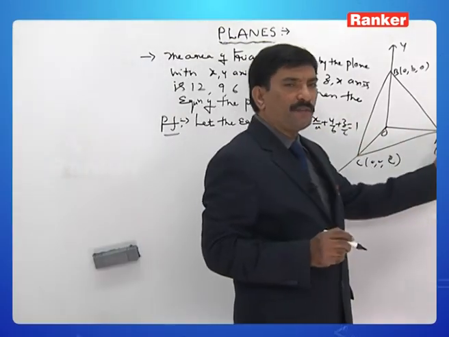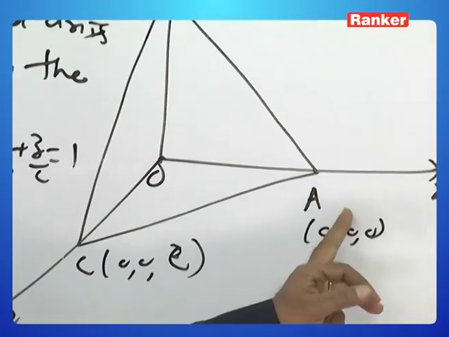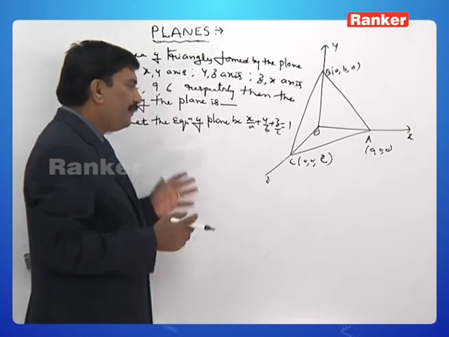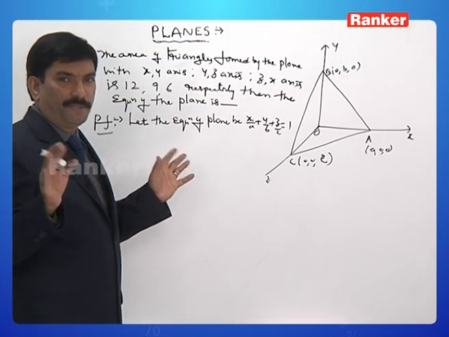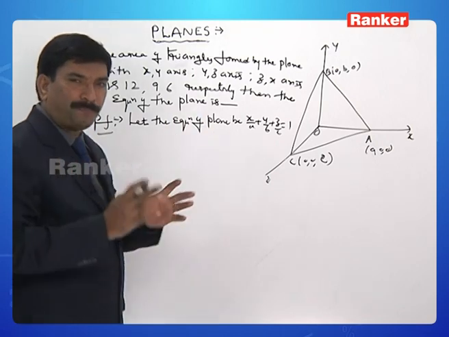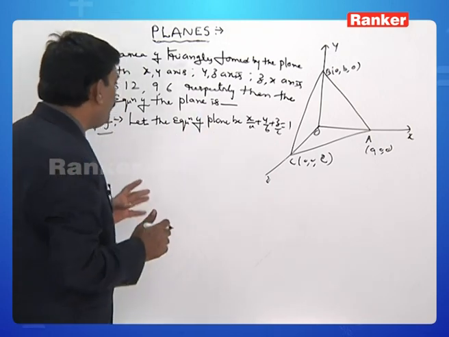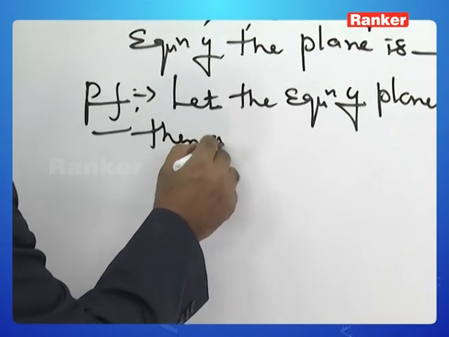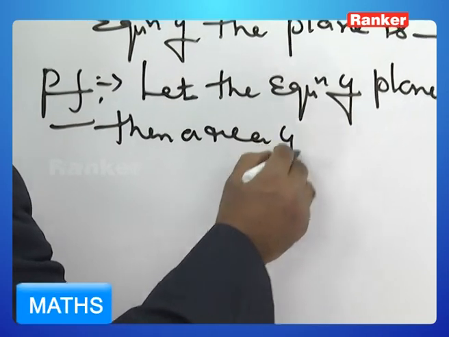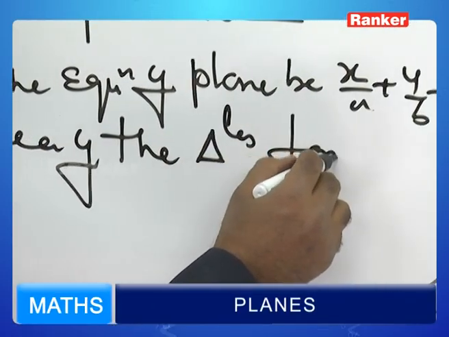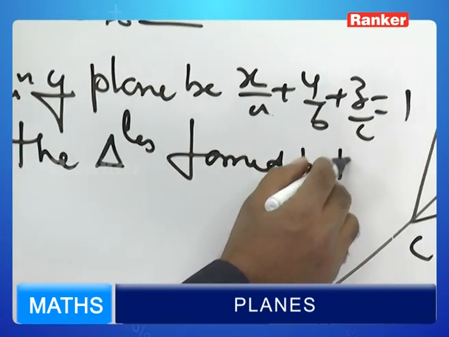This plane meets the coordinate axes at A, B, C. Therefore, their coordinates are A, 0, 0, 0, B, 0, 0, 0, C. Right? So therefore, then, area of the triangles formed by the plane